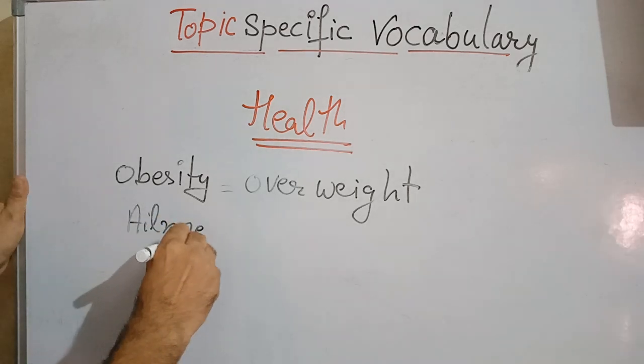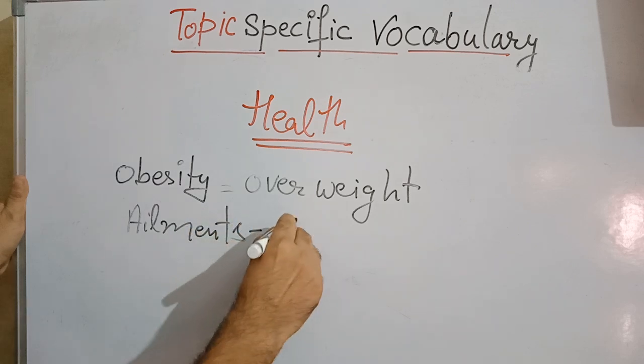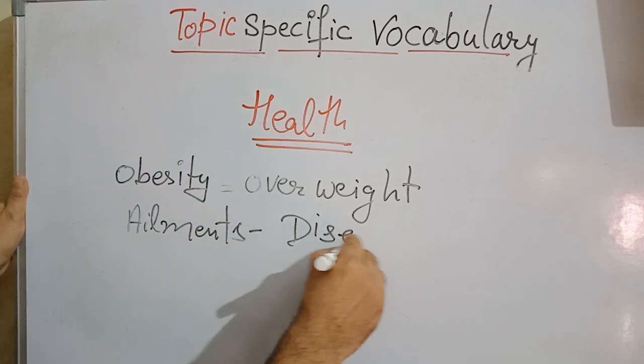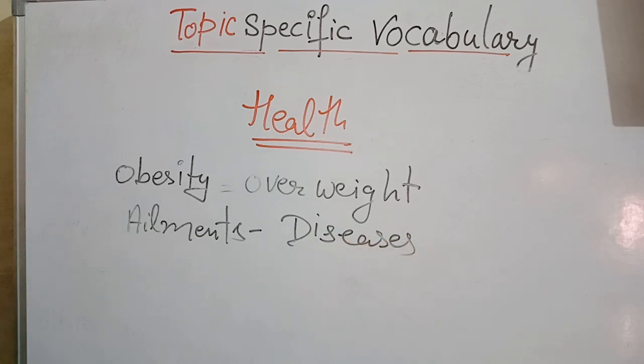ailments. Ailments means diseases. Due to eating fast food, people are having lots of ailments. Ailments are diseases. The next one